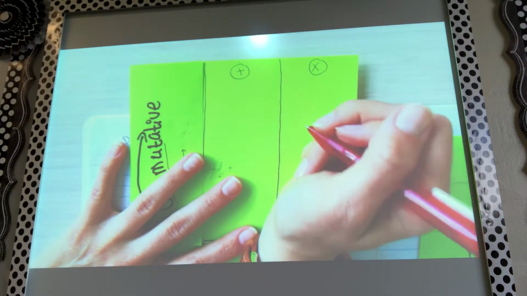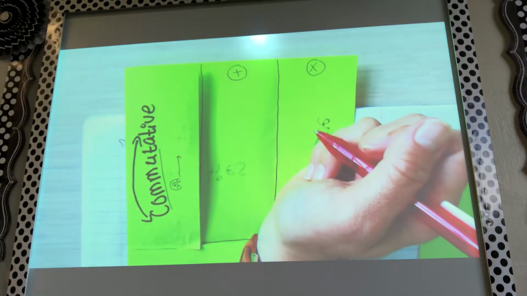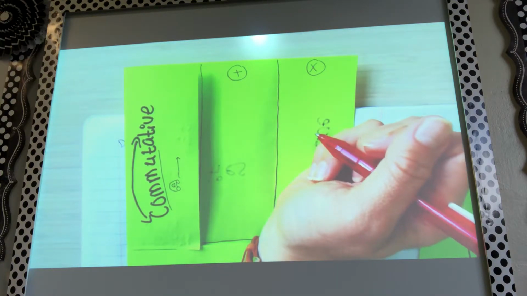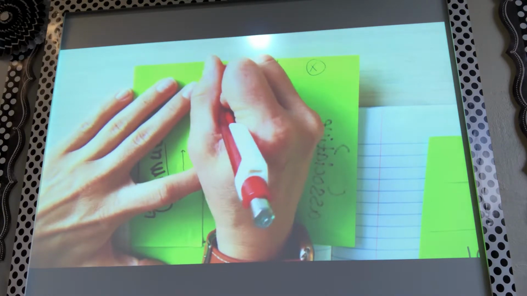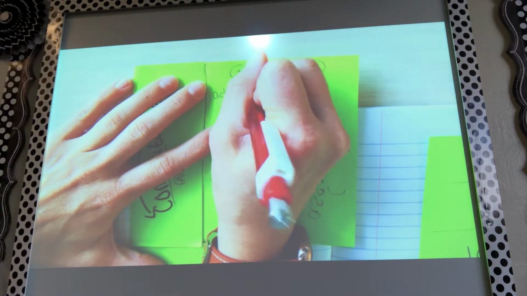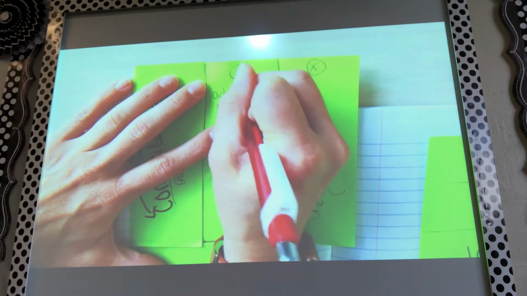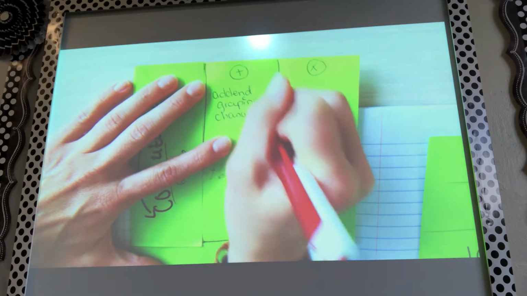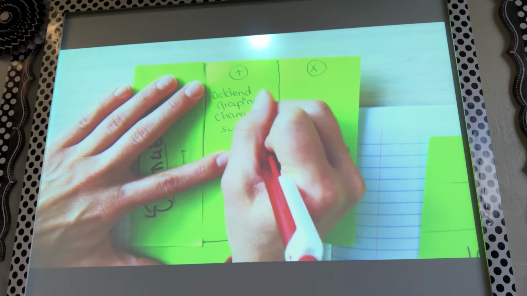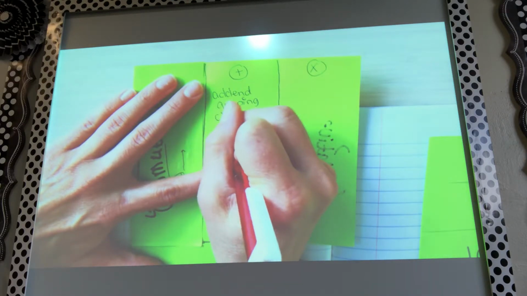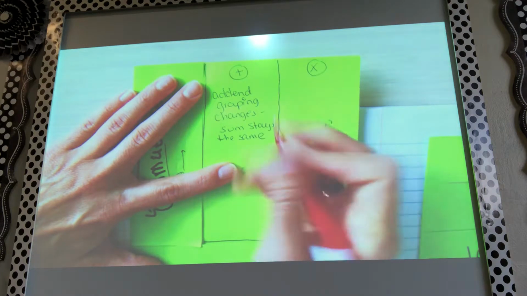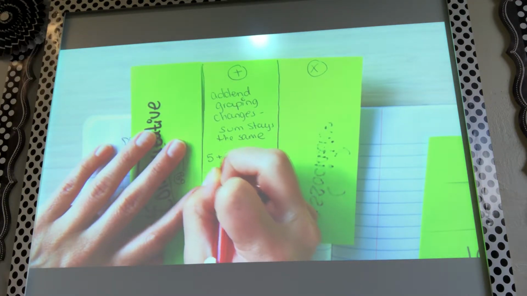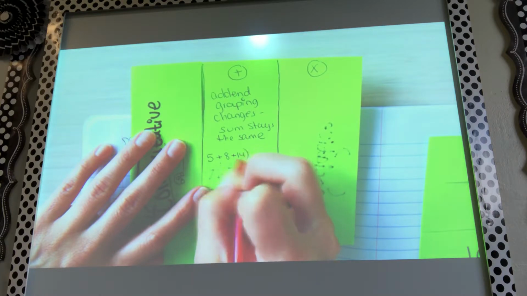And the addition just says, the property says, grouping add-ins change, the sum stays the same. So, add-in grouping changes, sum stays the same. So that would be, for example, I can have 5 plus 8 plus 14